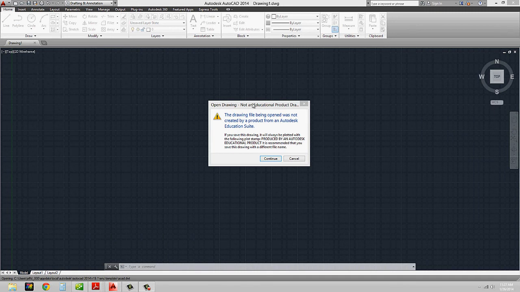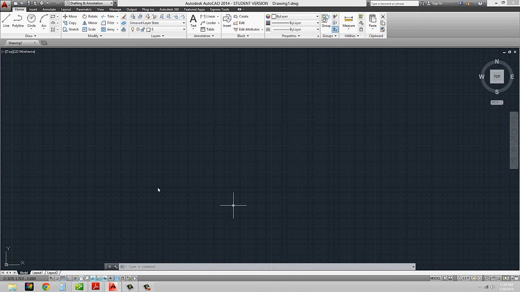So in continuing our work with AutoCAD, when I open up my AutoCAD for the first time to work on the week 2 material, again, it tells me that this is created by an Autodesk Education Suite. So again, I'm still using the same educational product as you should hopefully have installed on your own computers using the link that was in the week 1 handout and in the syllabus, to be able to work with it concurrently with these tutorials. It's basically telling me that this is an educational product, and I am going to hit continue.